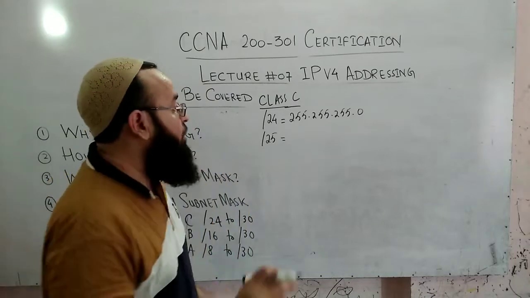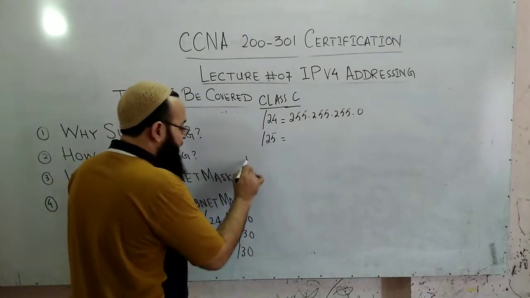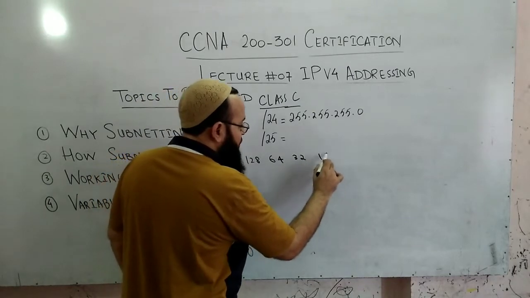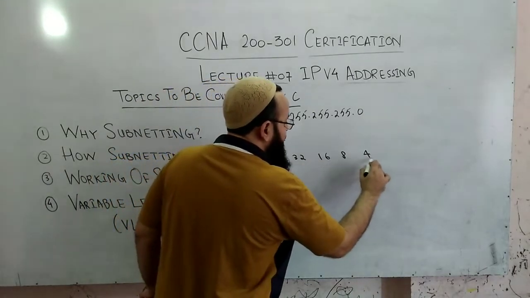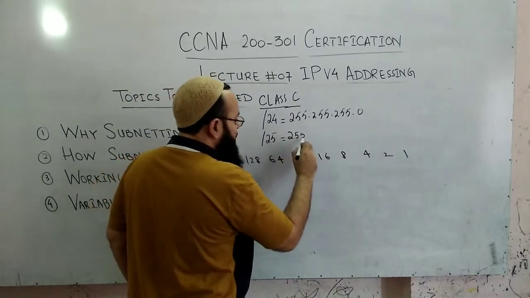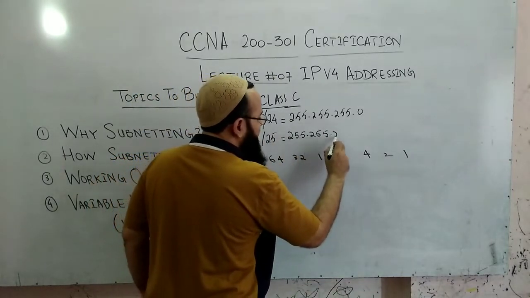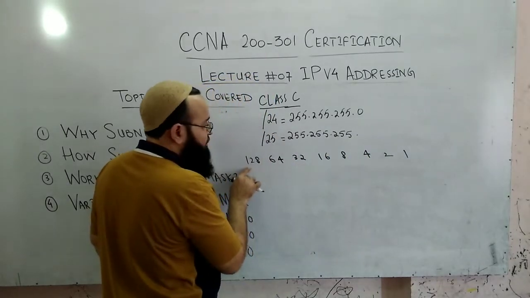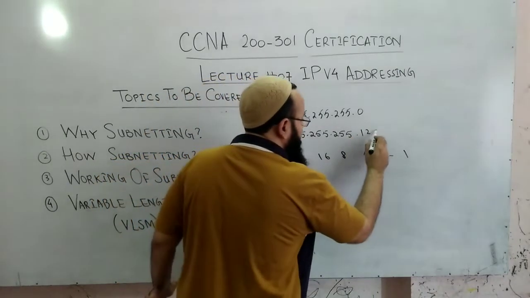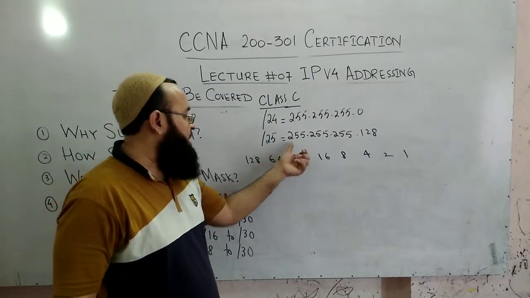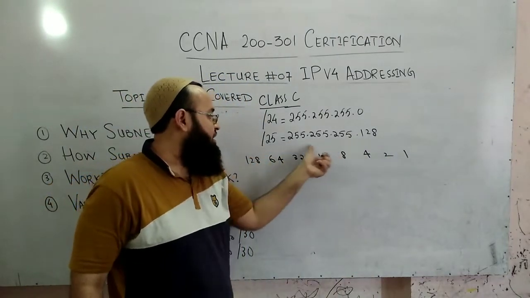The 8 bits are basically like this: 128, 64, 32, 16, 8, 4, 2 and 1. So /24 means 255.255.255 dot, and one more bit means this bit is 128. So if you see a /25, the corresponding subnet mask will be